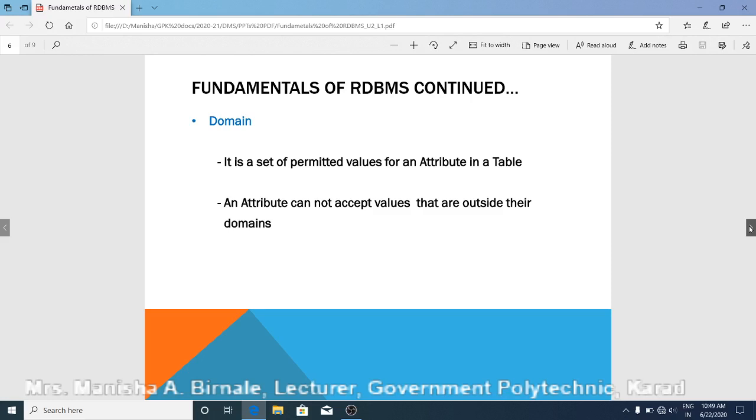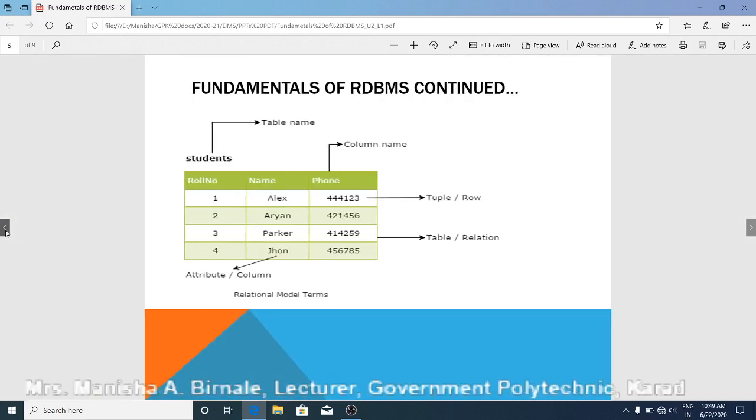We know that roll number should be numeric. So integer is the domain of this column roll number. This column should take only numeric integer values. If we enter A as a roll number or A1 as a roll number, it will not be accepted because the domain of this column is integer.